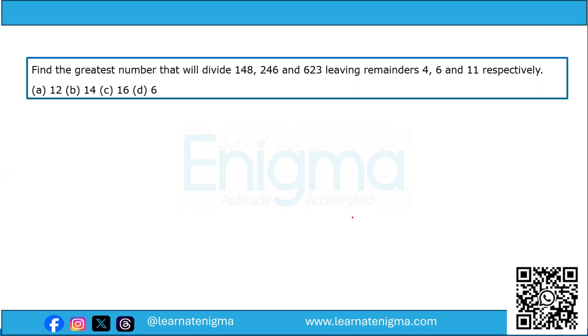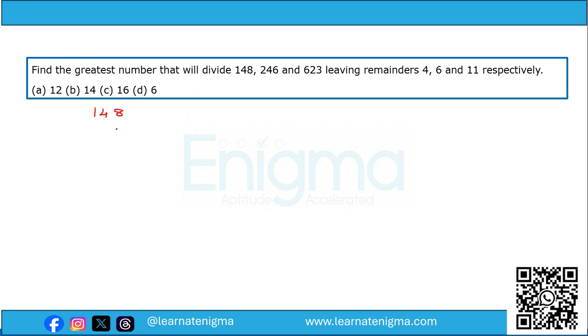Find the greatest number that will divide 148, 246, and 623, leaving remainders 4, 6, and 11 respectively. Now, in such kind of questions, all of you remember the wording of the questions. Whenever you find such kind of wording, what you have to do is, first of all, write down the numbers